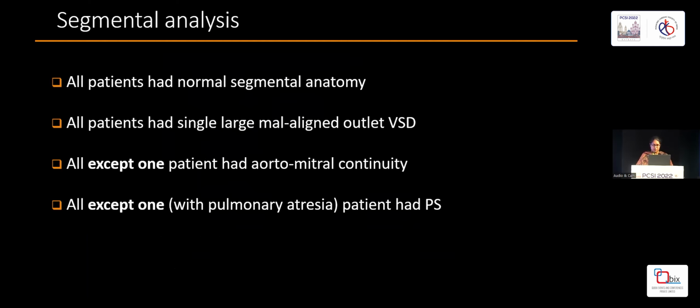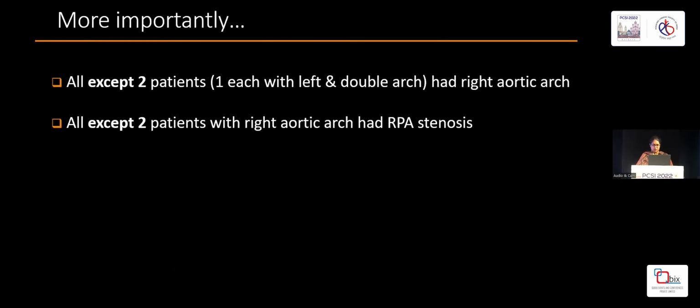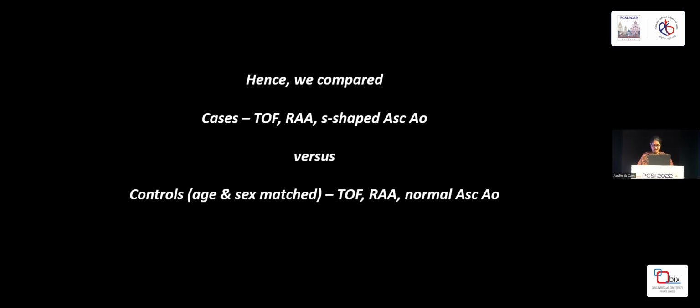Except for one, all of them had aortomitral continuity, and all of them had pulmonary stenosis except one. Importantly, except for two patients, all of them had a right aortic arch, and except for two patients, all of them had RPA stenosis, which was also our initial point to be looked into. Hence, we compared our cases of TOF with right aortic arch to controls,